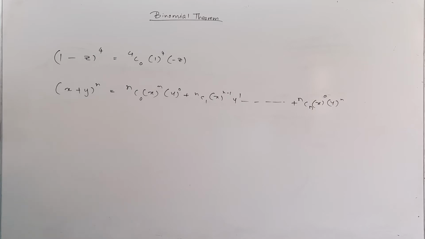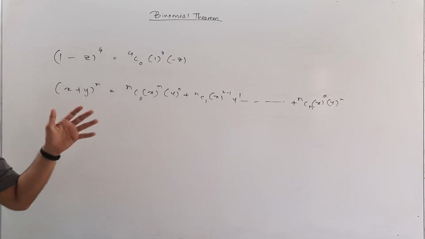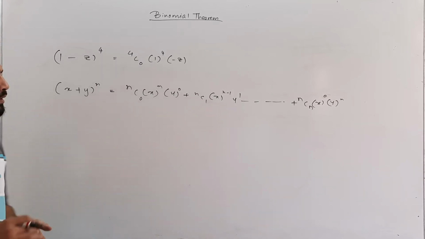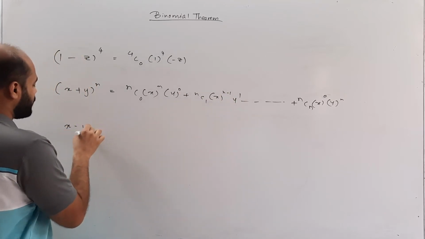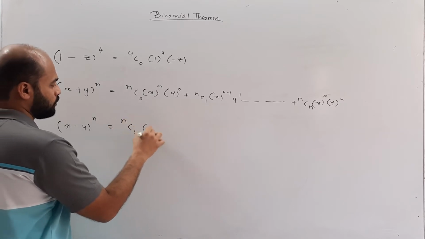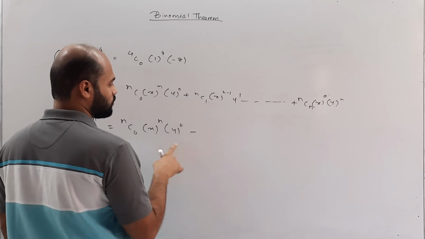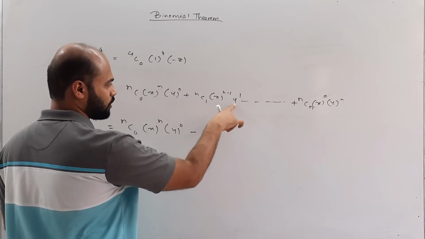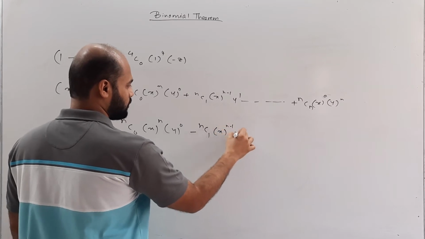Now in this particular expansion, you can clearly see that wherever the powers of y are odd, that particular term is going to be minus, because now this is y raised to 1. So the only change that will happen in x minus y raised to n is nC0 x raised to n y raised to 0. This will remain same. This sign will become minus because this is y raised to 1. So nC1 x raised to n minus 1 y raised to 1.